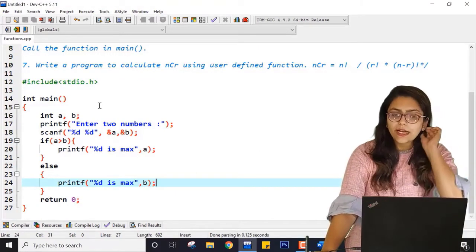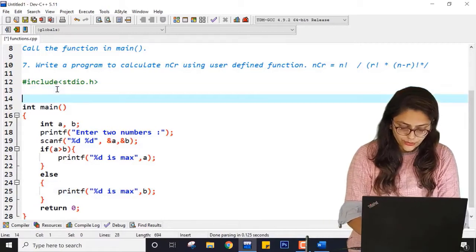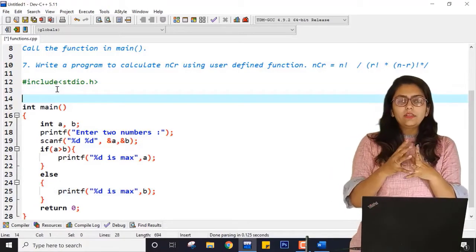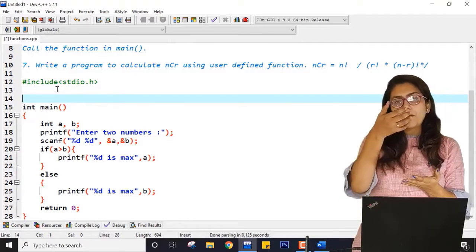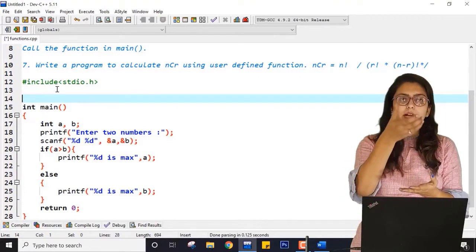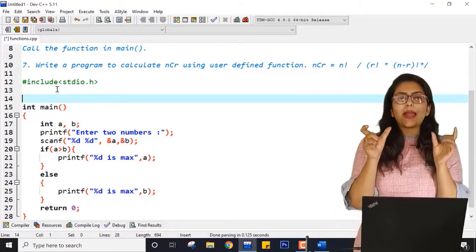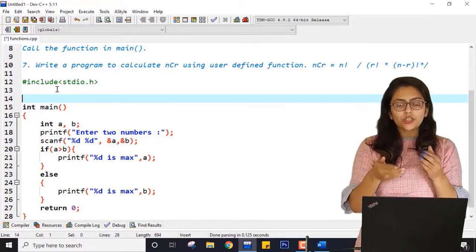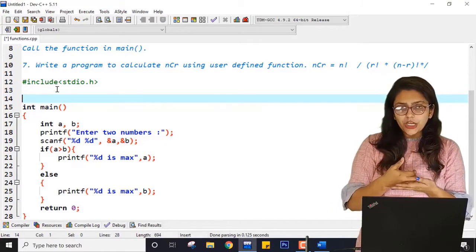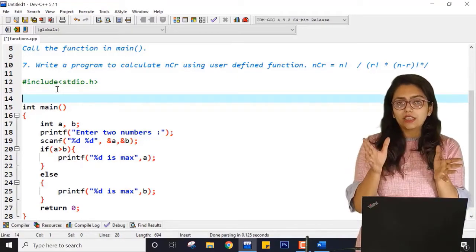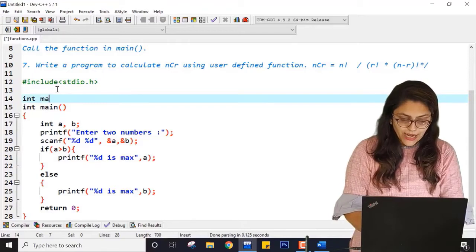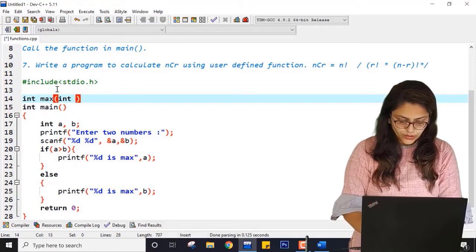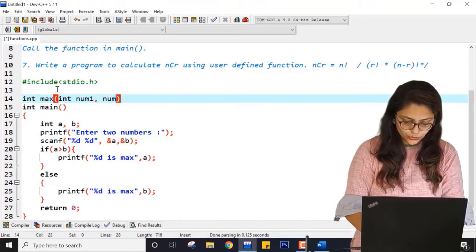Now suppose I want to write a function. How can I write a function? Whenever I am talking about getting the maximum number, that means from the function I am expecting some kind of integer value, because the maximum of 2 integers will be an integer. So I write the type as int, max as the name of the function, and here I am passing int num1 and num2.